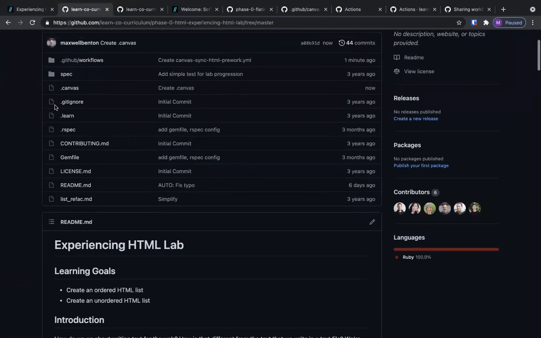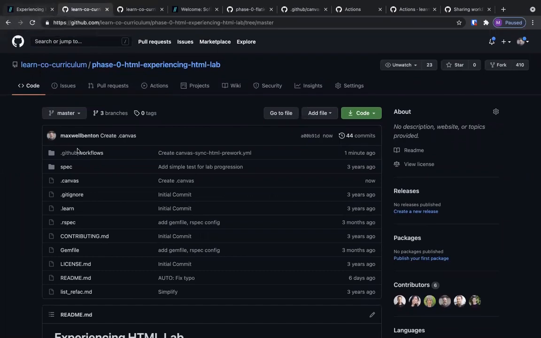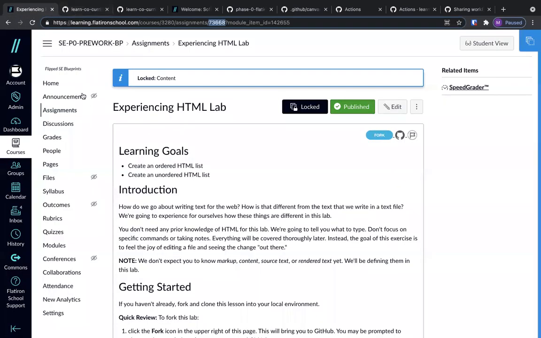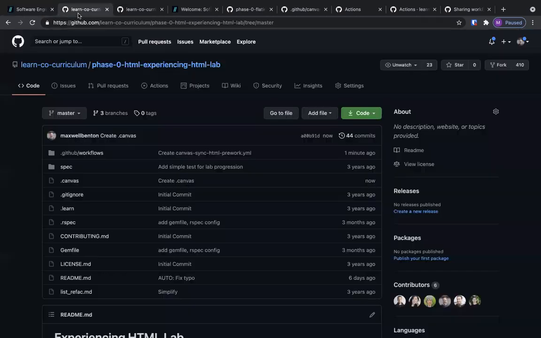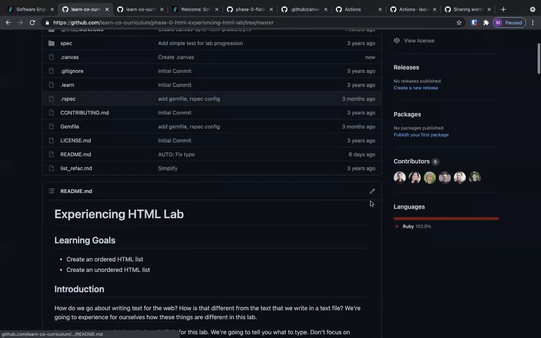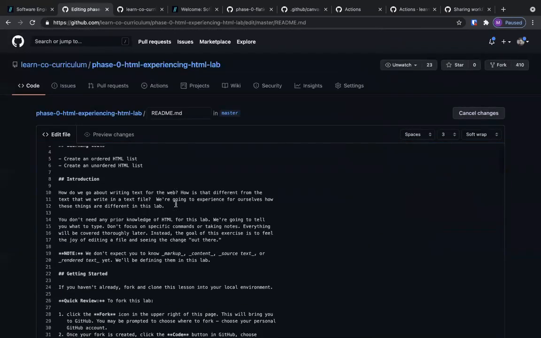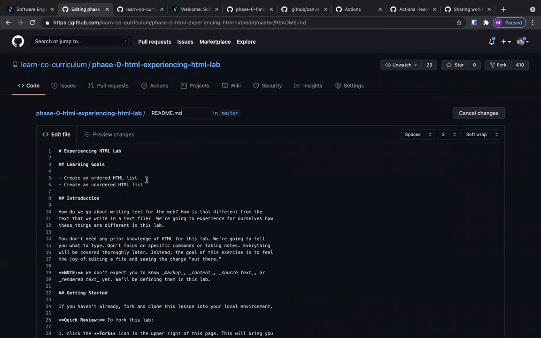And now that I have the .canvas in the workflow in place, that should be all I need. Those are the two things I need to do on this side. Because this workflow works on a secret, I should also mention that it is tied to an API key for Canvas. That's actually on Liz's account. Liz has to be an instructor or a teacher or a manager in this particular course for this to work. But if that's the case, all I should have to do now is make an edit to this lesson and it should work. One thing I'll have to keep in mind though, this title,